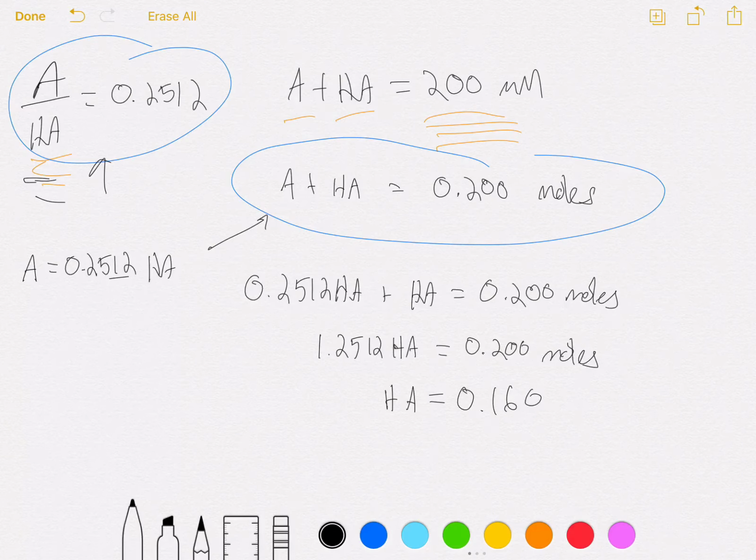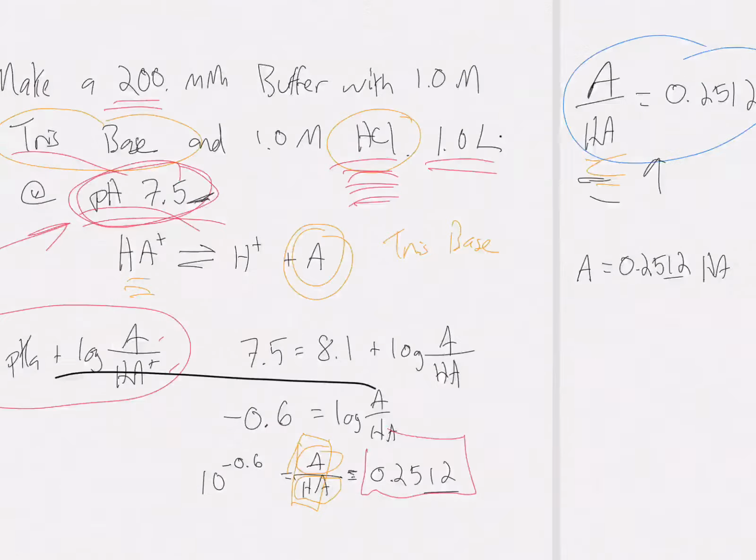0.160. Now going back to, we have 2 different equations we could plug this into to solve for A. And to me, it's very easy to do this one in your head. If HA is 0.16 and the sum is 0.2, then A clearly has to be 0.04 moles, right? Because you add those together and you get 0.2. So now we have the amount of A and we have the amount of HA. So going back